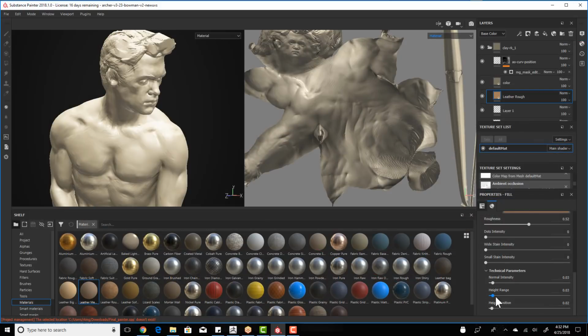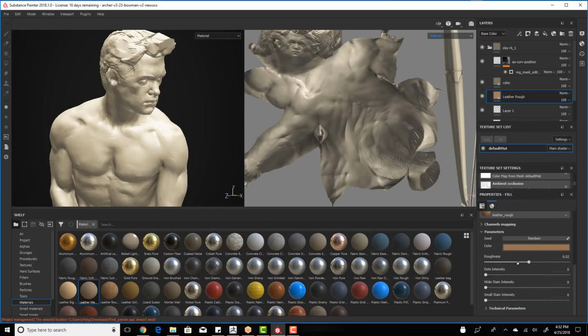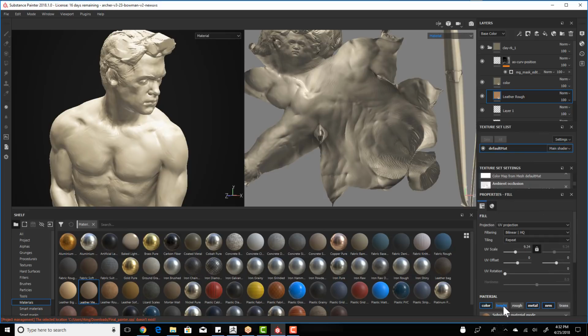All right, just a little bit of noise, not too much. All right, but I want roughness in there. That's what we got this for. I want height in there because that's why we use leather rough, right? But in order to sell this leather rough and the rest of these things, you know, notice if I come